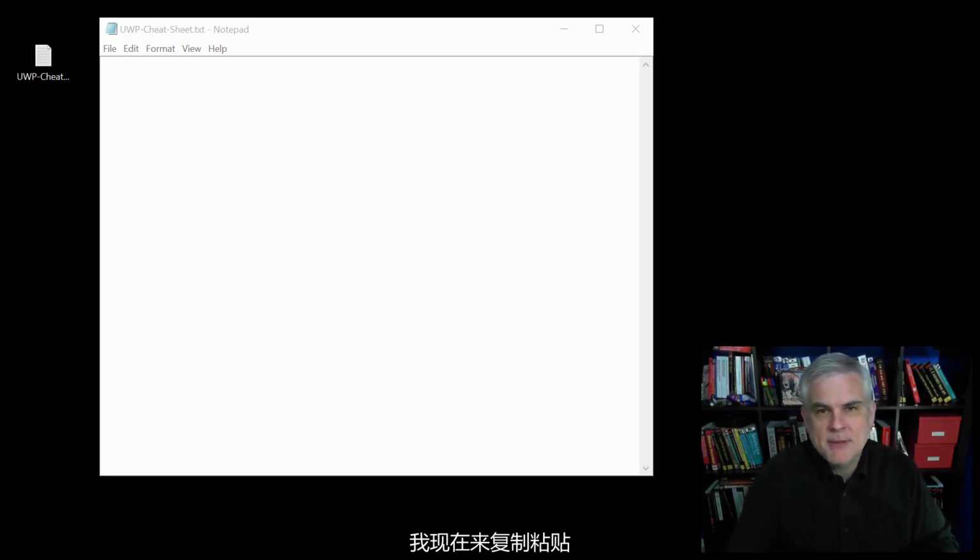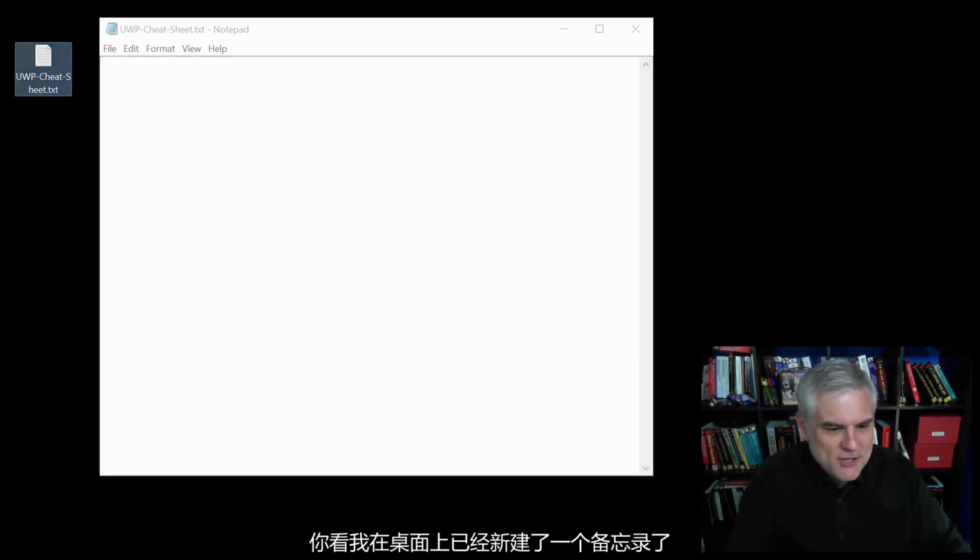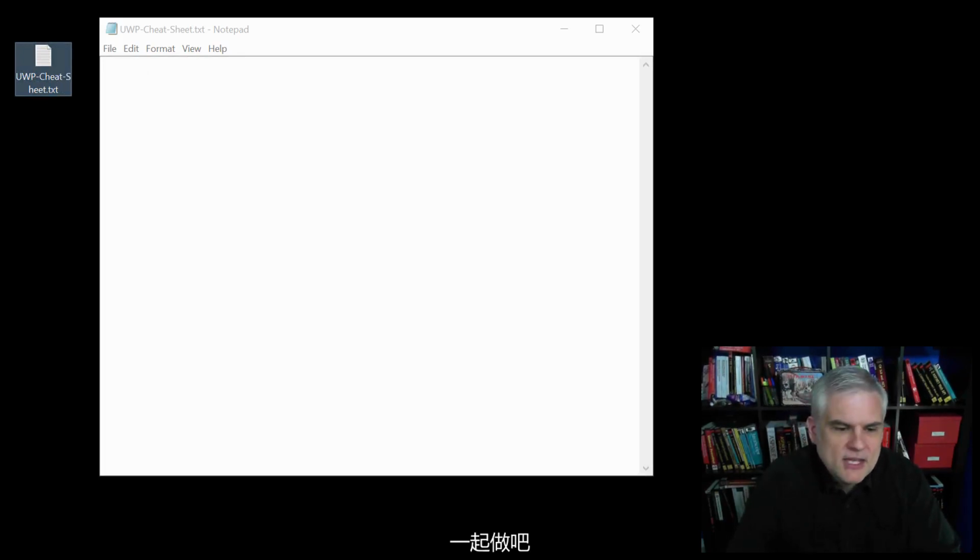Now, I'm going to copy and paste from some notes. I used to type all this in by hand, but admittedly it was a very slow and painful process for both the teacher and for the learner. So you can see here that I've created on my desktop a little cheat sheet. I would encourage you to do the same thing,